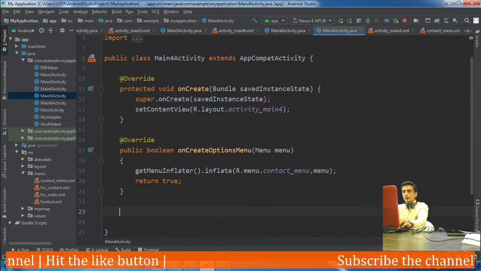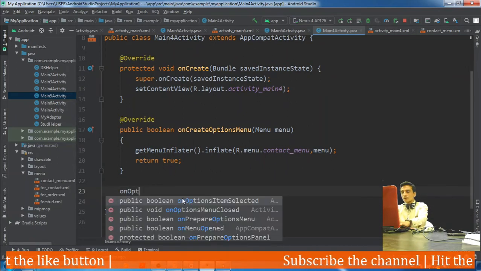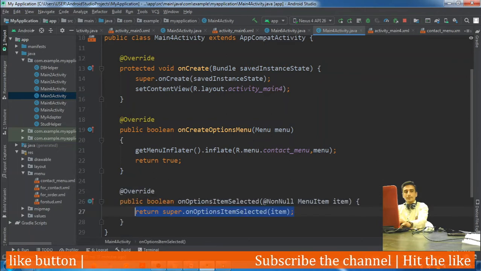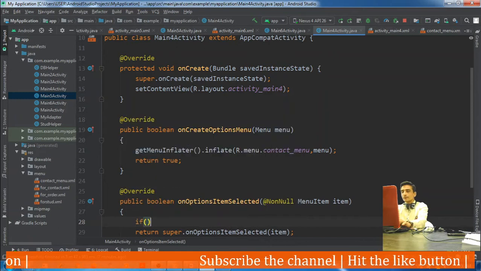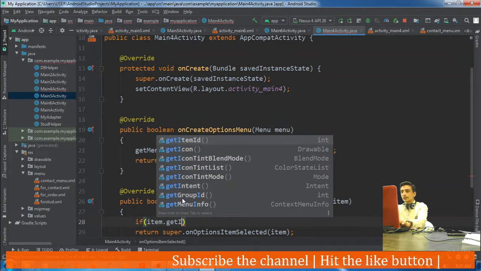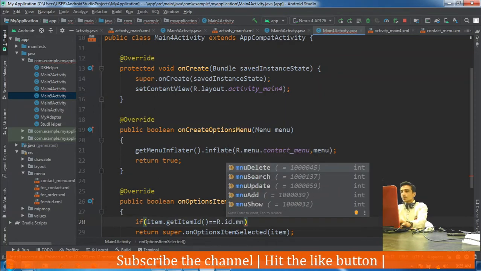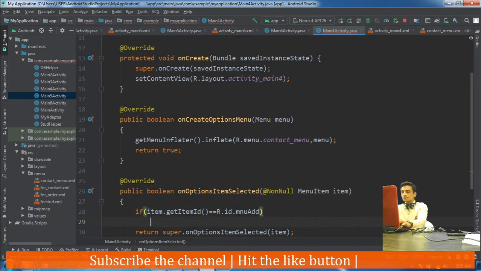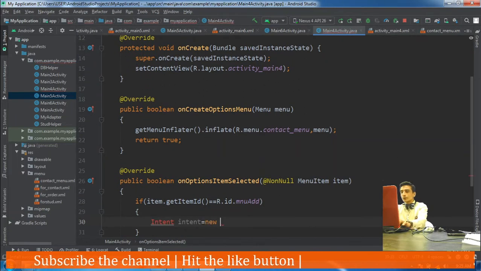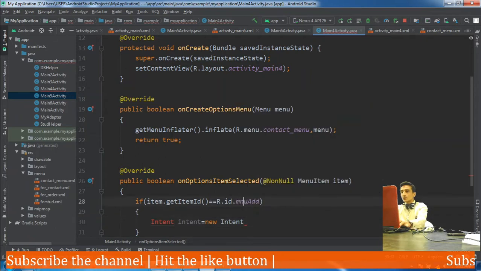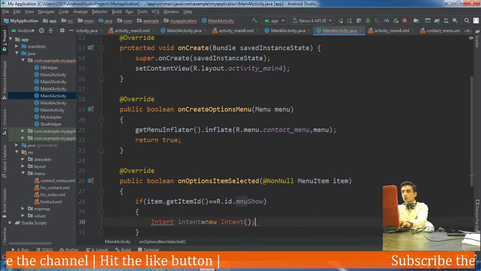Whenever a menu item is selected, the onOptionsItemSelected method is called, and here we would check if item dot getItemId equals R dot id dot menu add, then what would we do? Intent equals new Intent. Sorry, it is not add, it is show. We are first of all showing the records.